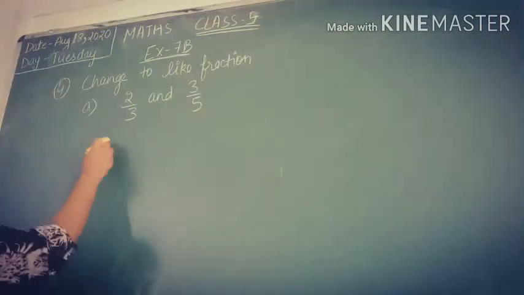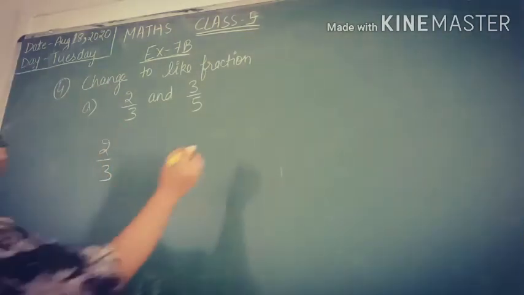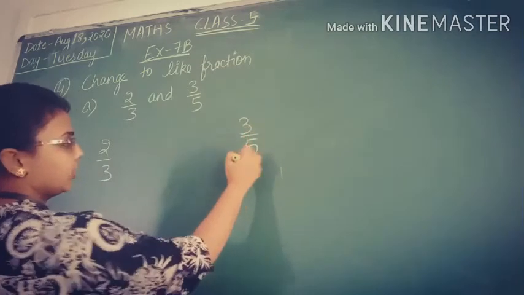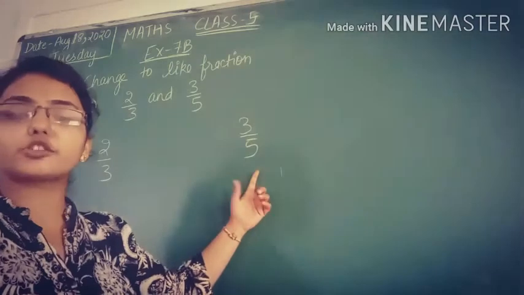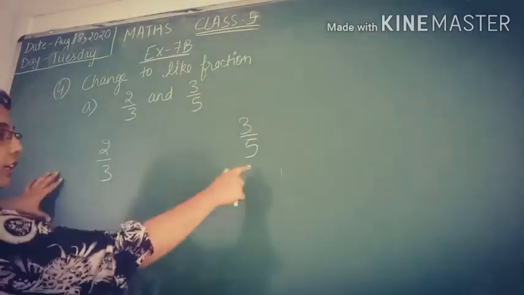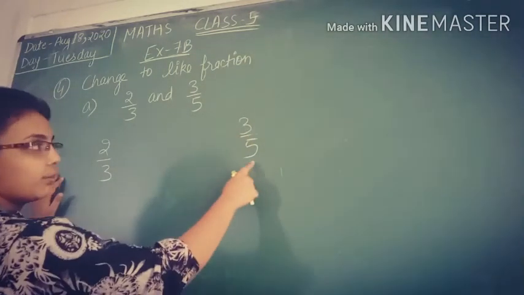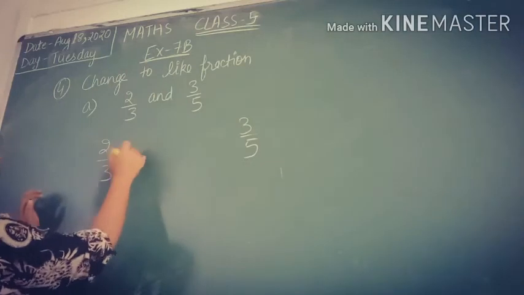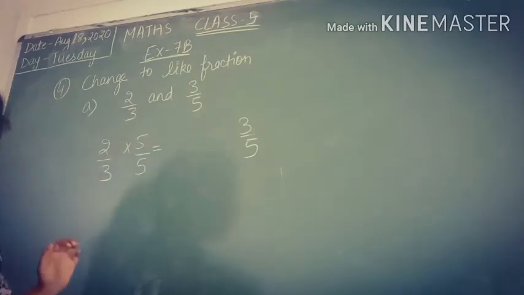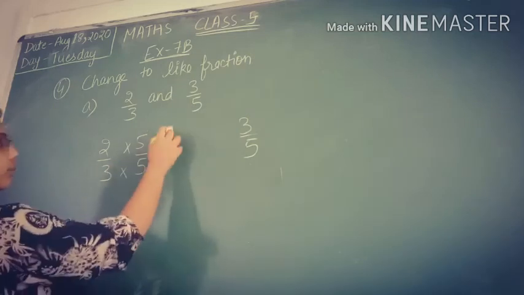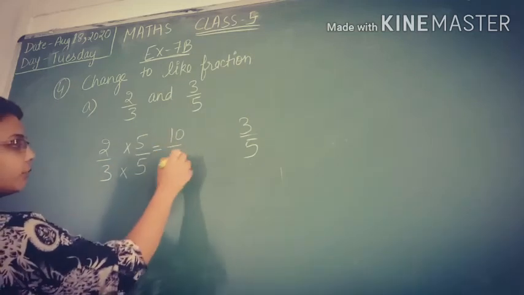आपको बहुत एक easy तरीका मैं बताती हूँ. 2 by 3 लिखना and इधर 3 by 5. आपको क्या करना है? जो डिनोमिनेटर्स हैं एक दूसरे के डिनोमिनेटर्स को चेंज कर दो. मतलब अगर इस वाले नंबर में 5 इज एट द डिनोमिनेटर तो मल्टीप्लाई दिस नंबर विद 5. डिनोमिनेटर और न्यूमरेटर दोनों में आप 5 से इसको मल्टीप्लाई कर दो तो यू विल गेट 10 by 15.